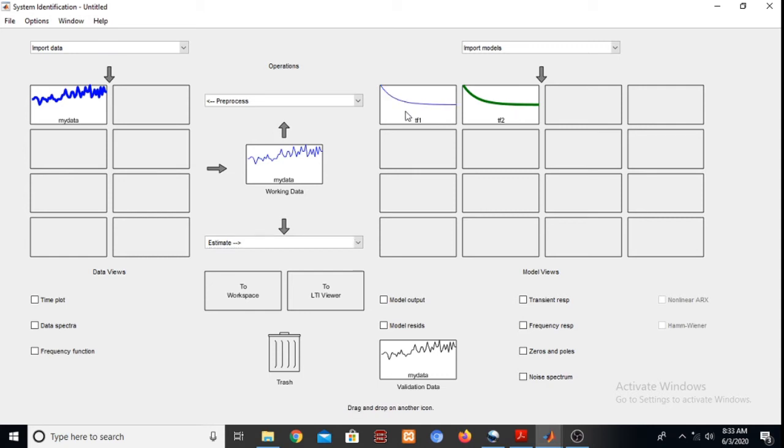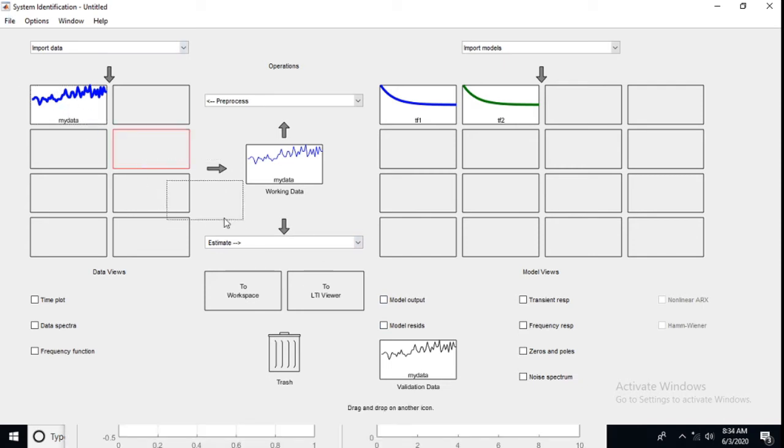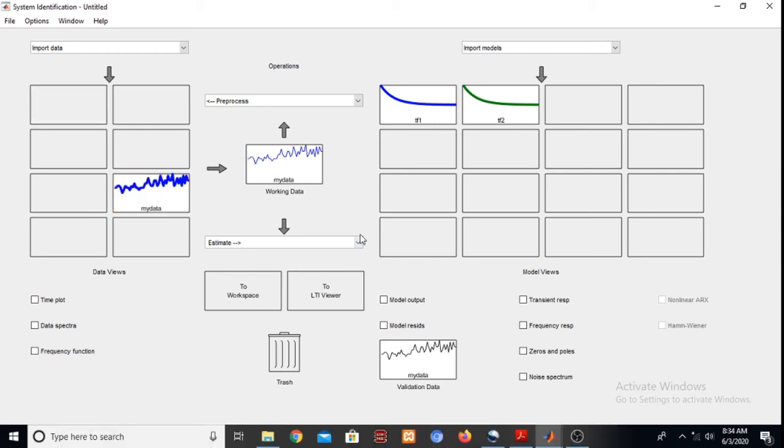So this particular transfer function, if somebody wants to visualize the data, we can bring this to the LTI viewer.